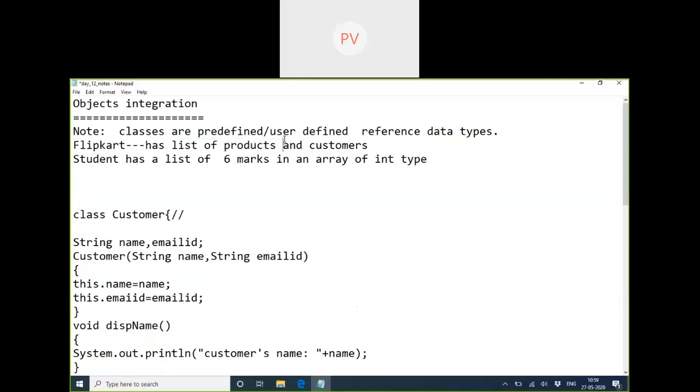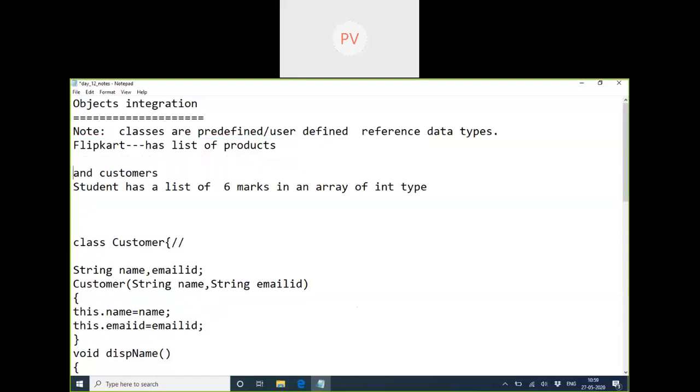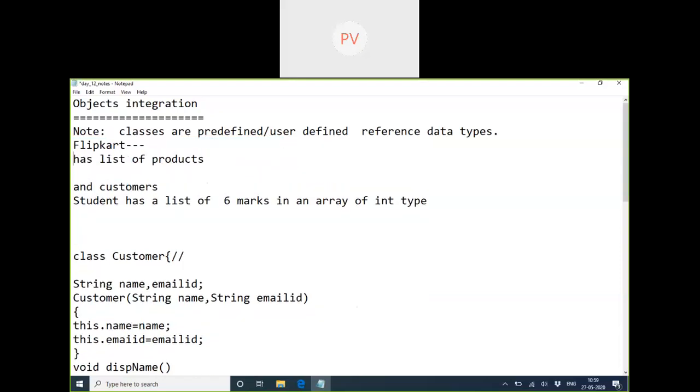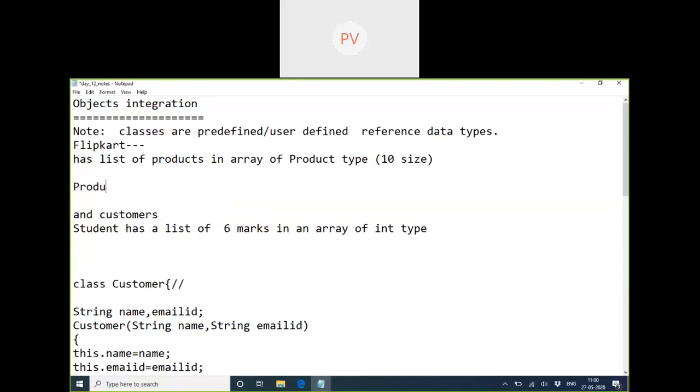So that should be stored in which variable? List of products should be stored in which one? Product array, I guess. Yes, in array format. Array of products. So that should have some predefined size of 10. So we should create an empty array which should be present in the Flipkart class. So something like: I want to create a plist array with the new keyword, the new array of which type, product type, and what is the size of this array.